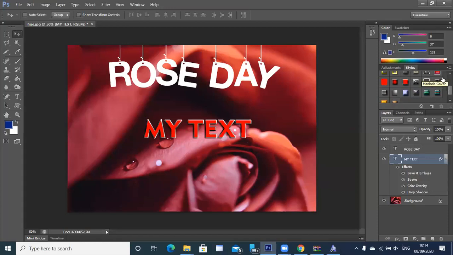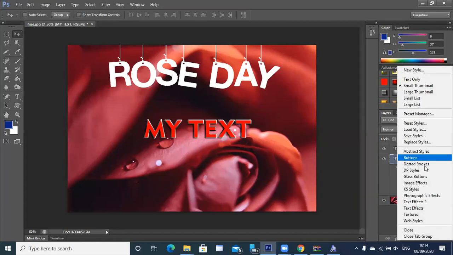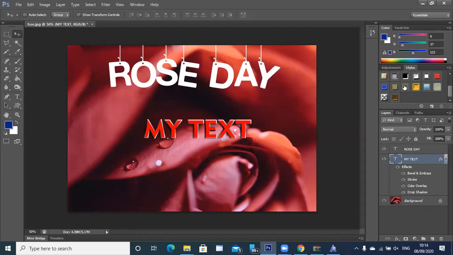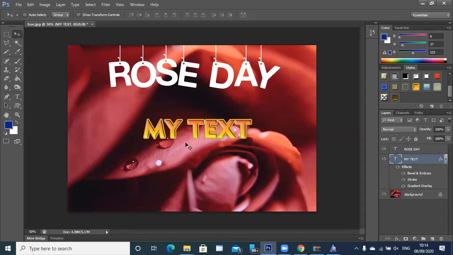If you're not happy with any of the styles, here you can go and modify. You can choose a view style from here: image styles, photographic styles, text styles. So you've got text effects as well. If you know you are using text and you want some good text effects, just click on these and you will get some text effects also. Correct. Okay, so you can set up which kind of effect you want to keep.